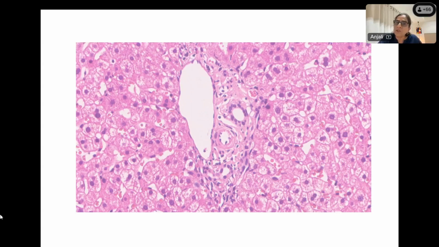These two things are always together. This anatomical relation is very, very important, because there are certain diseases in which you have loss of bile duct, and in which only artery remains alone. And that condition, we call it ductopenia, where we have loss of bile duct in more than